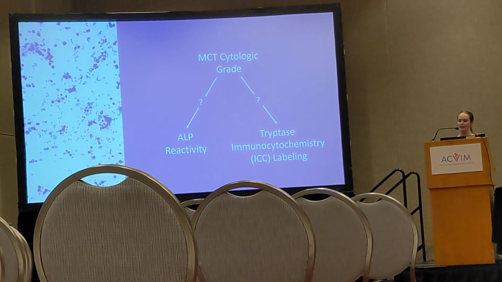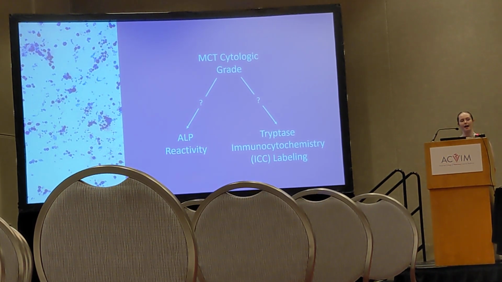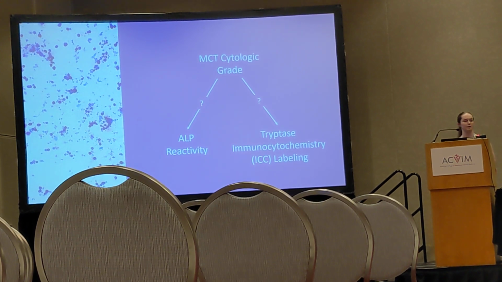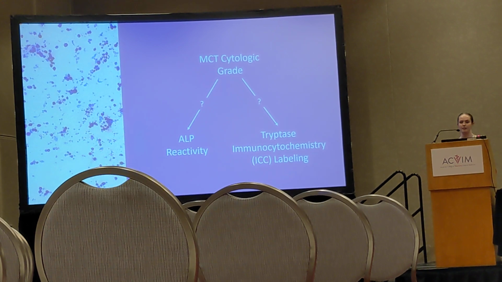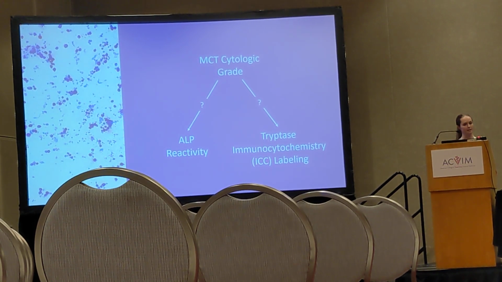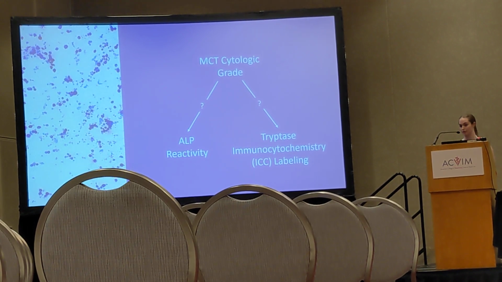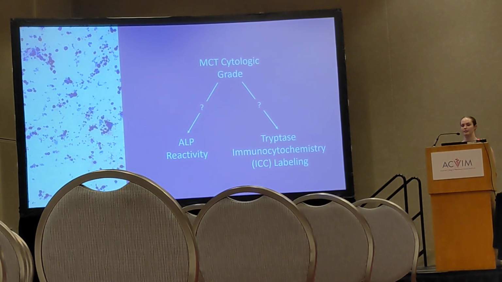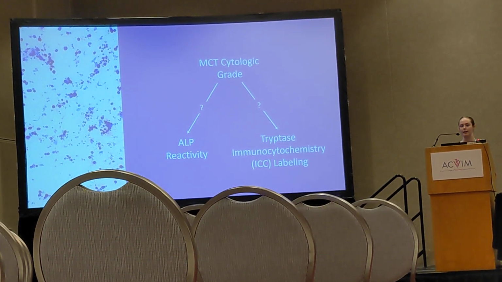And finally, when discussing mast cell tumors in a cytologic sense, the topic of cytological grading of mast cell tumors is certainly an area to learn more. There was a study published in 2016 providing a 2-tier grading scheme for mast cell tumors using the criteria of mesokaryosis, nuclear pleomorphism, multinucleation, and mitotic figures. And an overarching project to this one is underway at Colorado State to learn more and delve further into cytological grading of